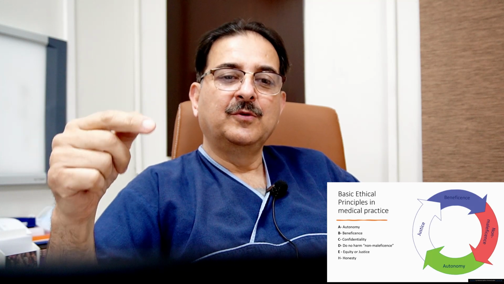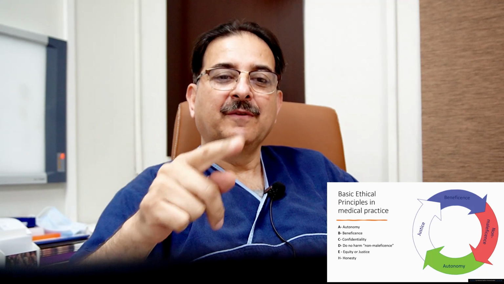These are: number A, autonomy; number B, beneficence. That means whatever we do should be for the benefit of the patient. Number C is confidentiality. Whatever you do, patient information is private. You need to respect the privacy of the patient. Number D, do no harm, non-maleficence. Whatever you do, the treatment might be harmful to the patient, but the ultimate aim should be